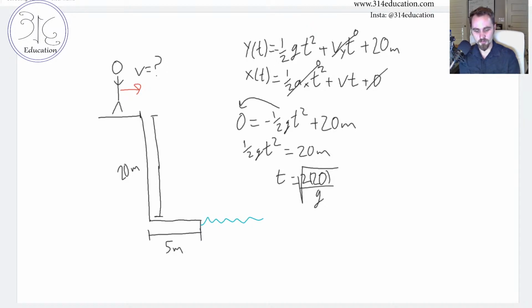I don't want my phone to start making a bunch of noise. So let's go 40 divided by 9.8 to the 1/2 power. Cool. And so I get a time of 2.02 seconds. So that's the time that I'm going to be in the air. So I need to make sure within these 2 seconds, I'm able to clear a horizontal distance of at least 5 meters. And so the minimum velocity I can have would be,